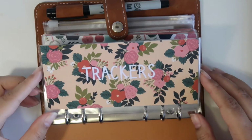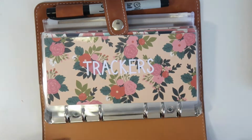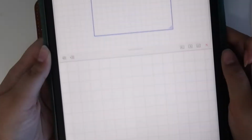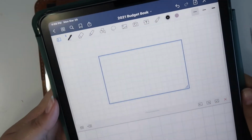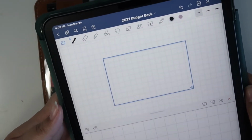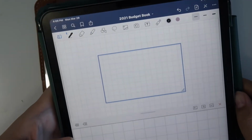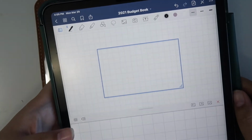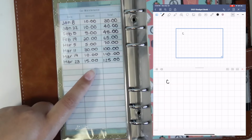Okay, so we're going to start with my general savings binder. Sorry, you guys can't see. I've just added a regular gridded sheet within my binder, and I will put all the numbers here so that when I go to calculate the total, it'll be a little easier and I'll be less prone to mistakes. So we have